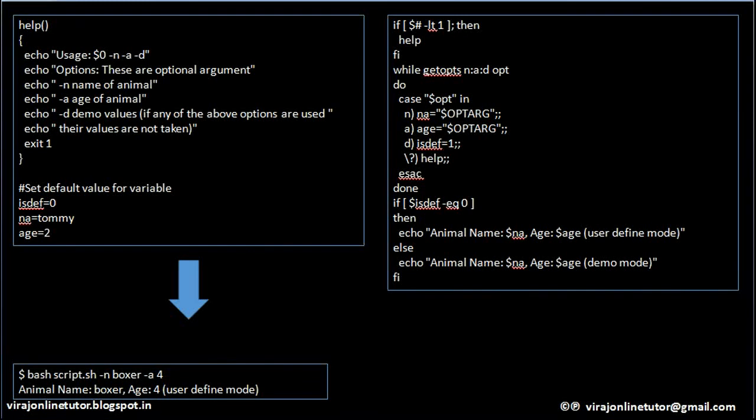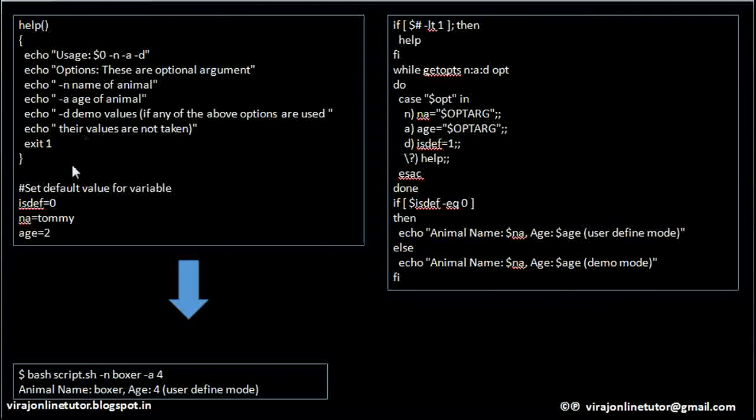So now let's go through a very cool example wherein I'm explaining to you all how to handle command line parameters in a more professional way. So there is a construct in shell scripting called getopts, which is meant for getting optional parameters from the user. So how about going through that? So here is a sample program whose name is script.sh.